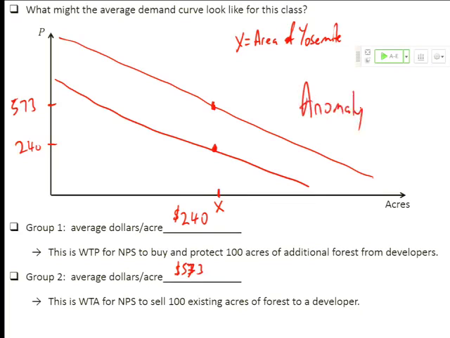It's a puzzle if you want. Now, in terms of positive economics, predicting what will happen, this isn't actually such a problem. In fact, this is great, because now that we know this, if these are reasonably good estimates, we can still predict what will happen. We just have to know: are you in the position of giving up land, or are you in the position of acquiring more land? If you're acquiring more land, we'll use this demand curve to predict your behavior and the aggregate behavior of society as a whole. And if you're giving up land, we'll use that one, okay? For positive economics, this is not that big of a challenge. It's not that big of a problem.